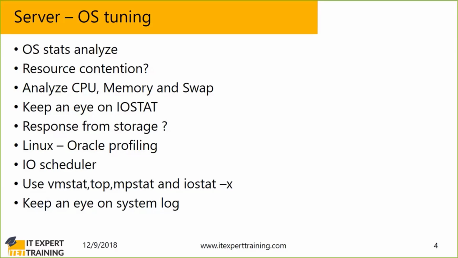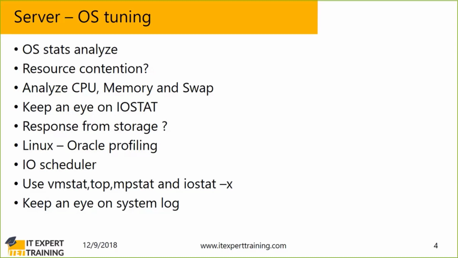There may not be an issue with the CPU, but there may be an issue in swap utilization. Most DBAs check the CPU and memory, but forget to check the swap. Swap is the one which actually kills the process. We have to make sure all the recommended OS parameters have been set when you procure the Linux servers, either a VM or a physical server.